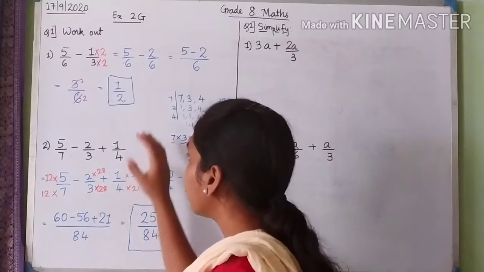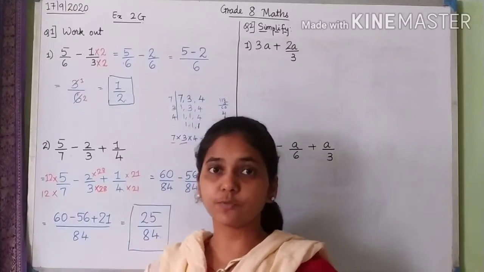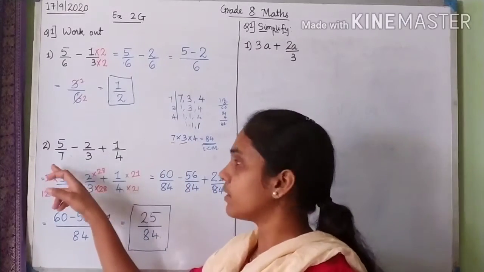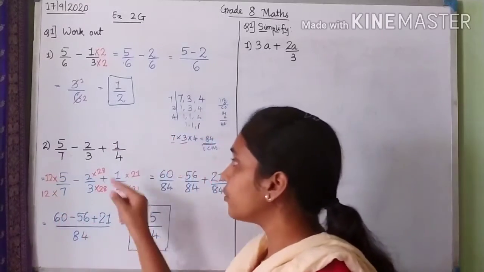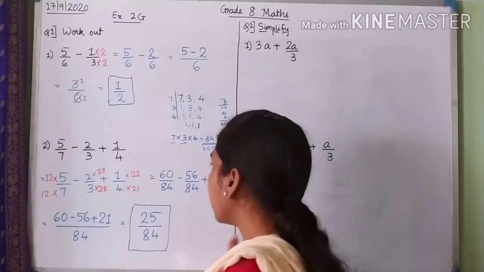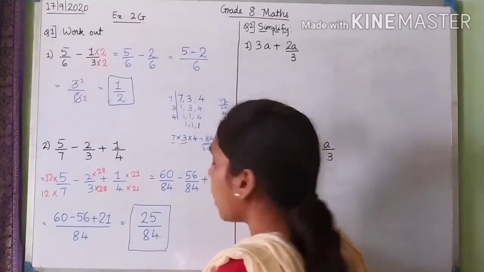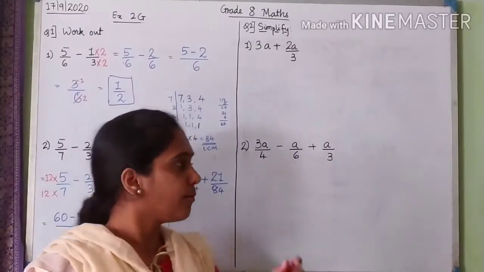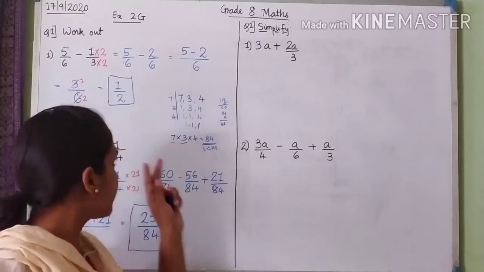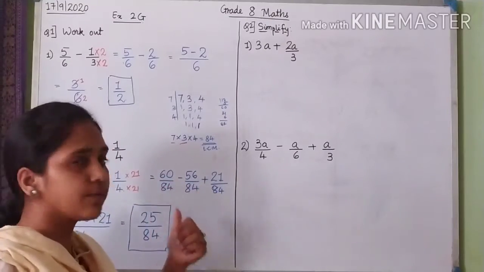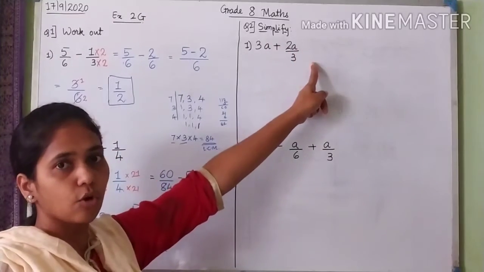This was just a recap of how we solve addition and subtraction of fractions which have only numbers. Now we see what happens if we introduce variables. Variables mean those become expressions. If we have variables in the fractions, how do we solve? It is the same thing. We just follow the normal fraction addition and subtraction rules as we do for numbers, but here variables are also introduced.